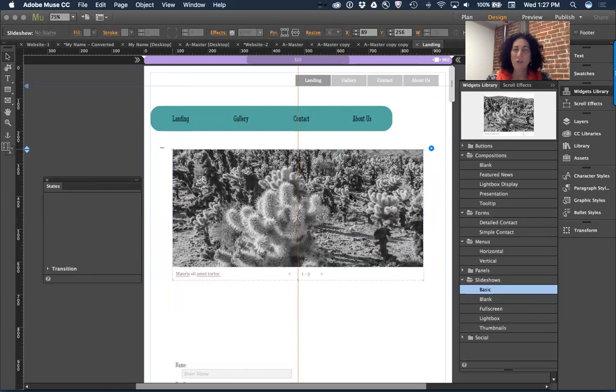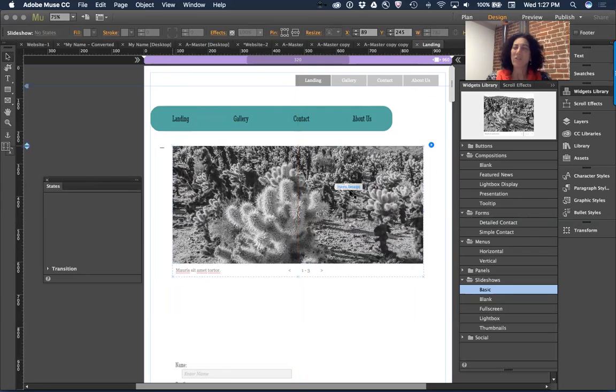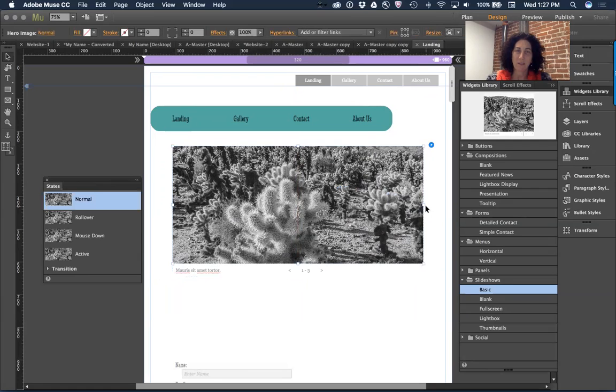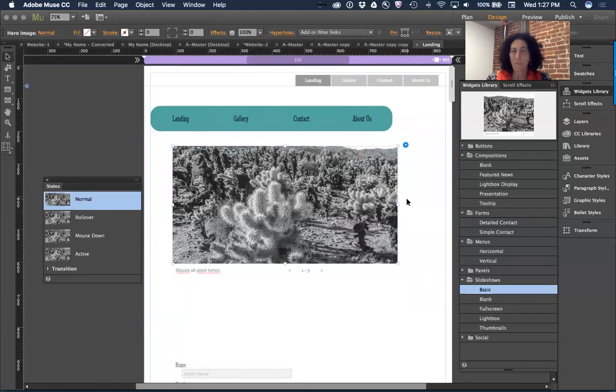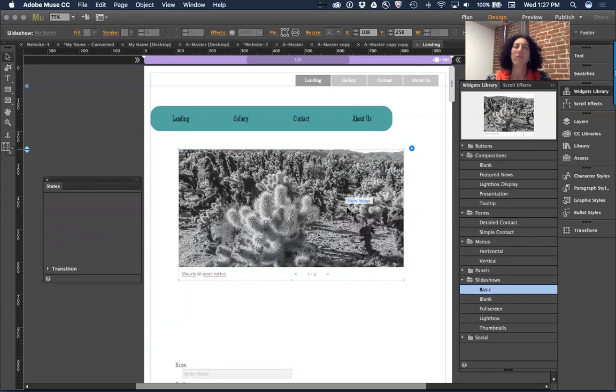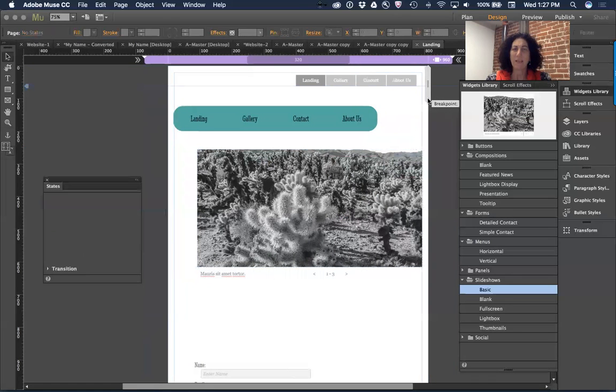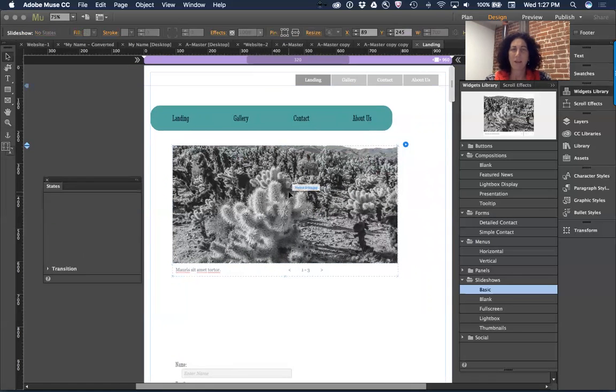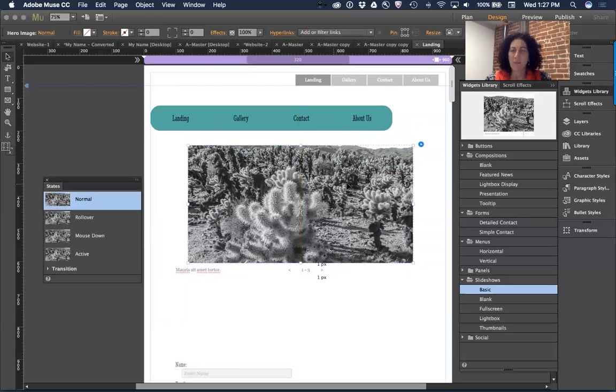What I can do today is if I want to use a slideshow like this and I want to work with a responsive design, let's even exaggerate this a little bit more. The way I want to work with a non-responsive widget in Muse would be to come in and basically have this widget here. I'm going to come add a second breakpoint. So I'll drag in, let's undo that for a second, come in first and make sure